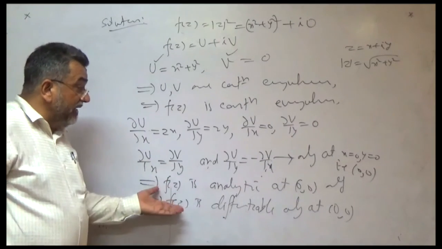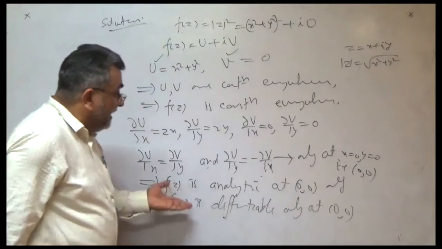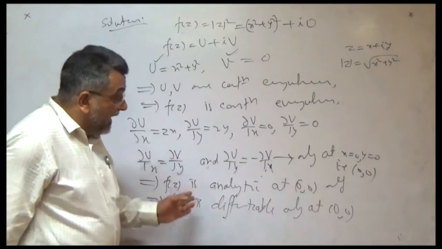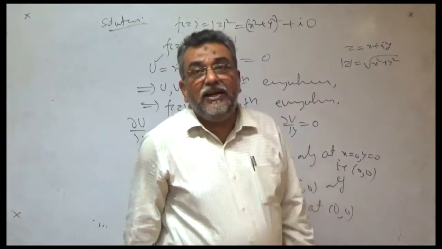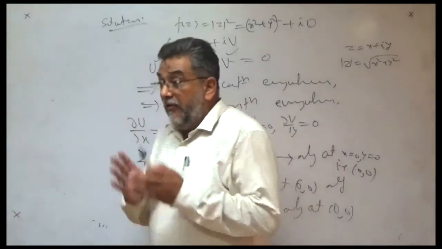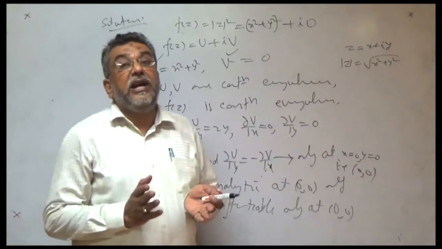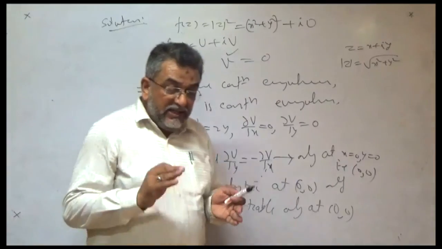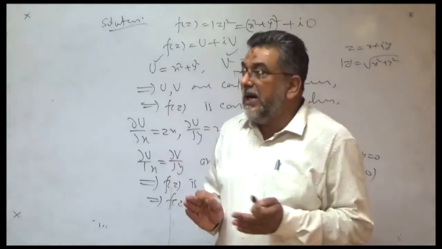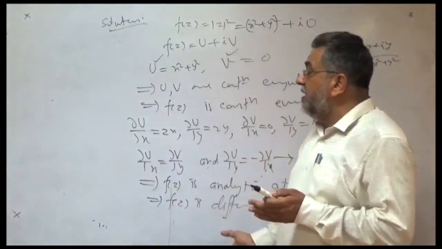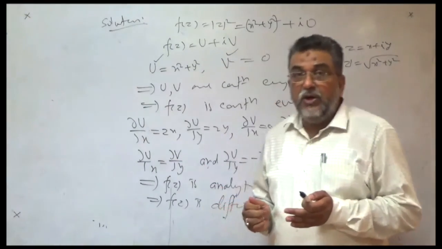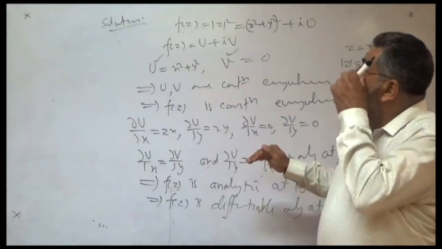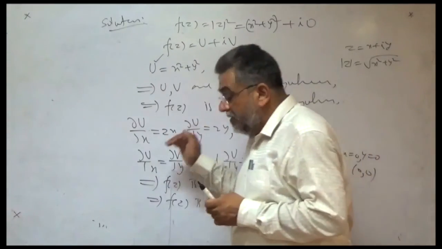Here we see that we can also check differentiability with the help of analyticity of the function. If a function is analytic at any point, then it is differentiable at that point. But if a function is differentiable, we cannot say it is analytic. This is the example, and this is the basic tool, the CR equations, by which we can check whether a given function is analytic or not. Okay, now in this lecture, I am stopping here on this topic,